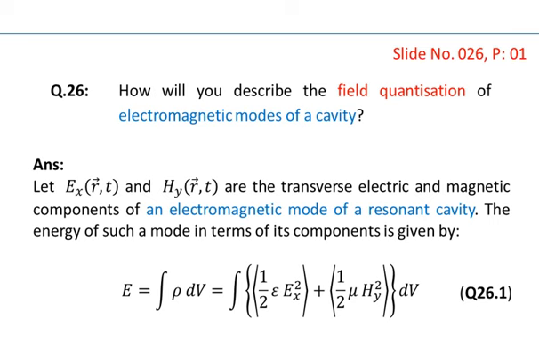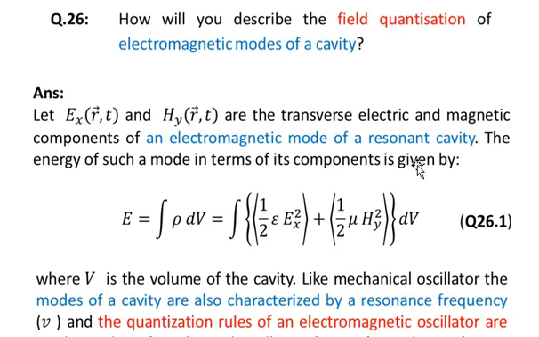The answer is, let Ex and Hy be the transverse electric and magnetic components of an electromagnetic mode of a resonant cavity at a position r and time t. The energy of such a mode in terms of its components is given by